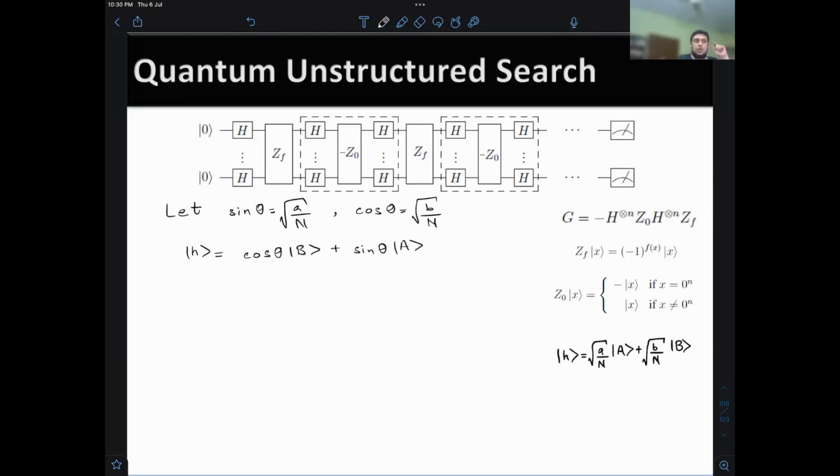Cool. Which also means that I can now bring in what was hard previously to figure out: how many times would I need to apply G, and how do I figure out the effect of applying G k number of times? That's what we've made progress towards now. After k applications of G, the state h will be updated to